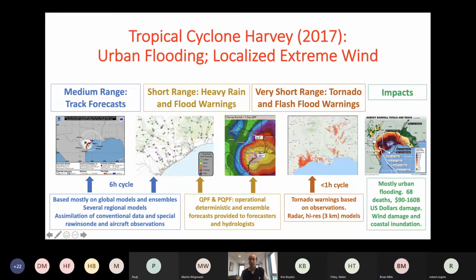And so there are difficulties in the messaging there, because the response, if one's trapped in their house to a tornado, is more or less the opposite of how one would respond to a flood. So there is a challenge in the messaging of multiple simultaneous hazards. Another major challenge with Harvey was the unprecedented amount of rainfall and being able to translate that into an impact. So that was a really major difficulty.